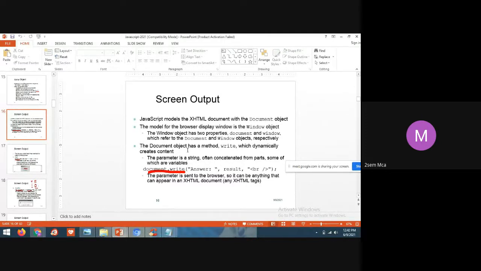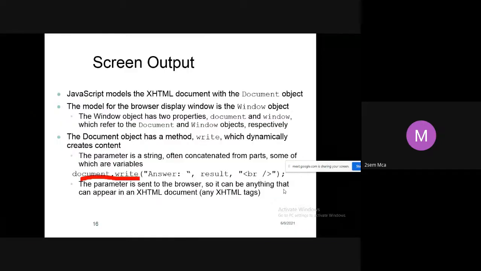So here in JavaScript, this I already explained. The window object has two properties, that is document and window, which refer to the document and window objects respectively.